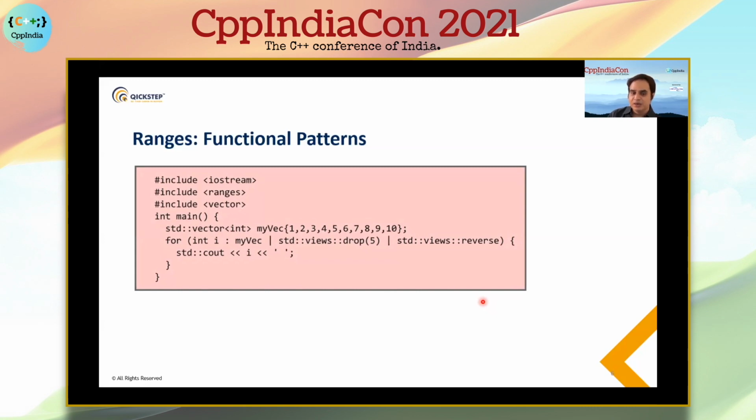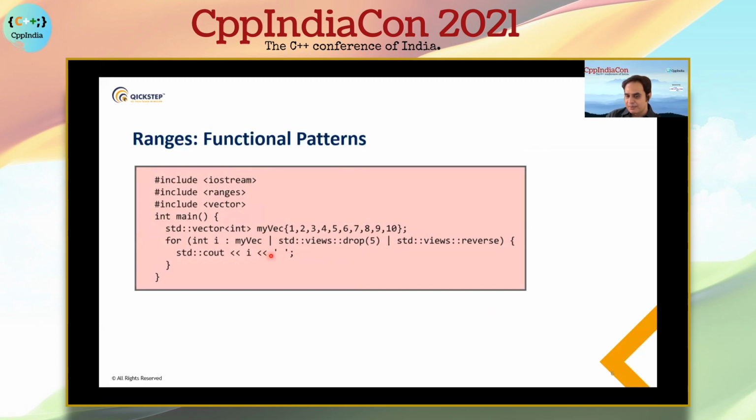For example, look at this example. You have this vector, and I simply want to drop the first 5 elements, and then reverse that vector. Now if you see this pipe symbol, which is supported in C++20 with ranges, this allows us to